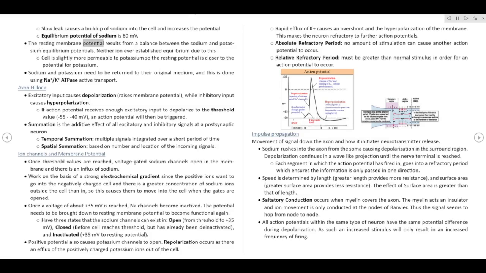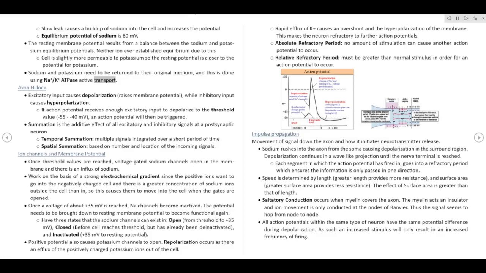The resting membrane potential results from a balance between the sodium and potassium equilibrium potentials. Neither ion ever establishes equilibrium due to this. Cell is slightly more permeable to potassium, so the resting potential is closer to the potential for potassium. Sodium and potassium need to be returned to their original medium, and this is done using Na+/K+ ATPase active